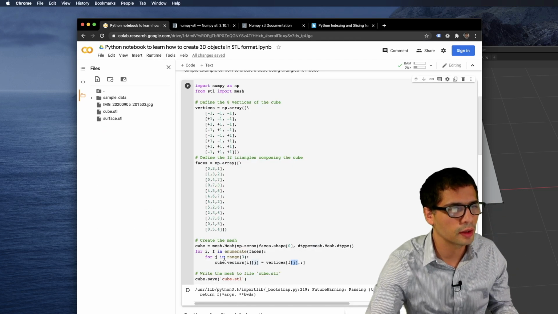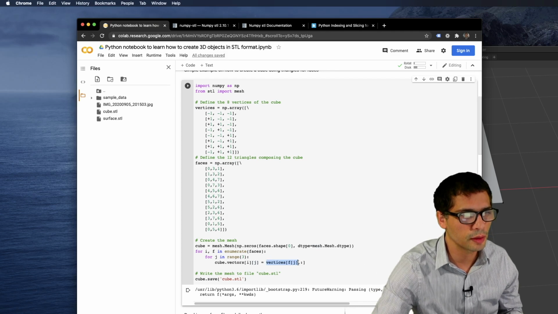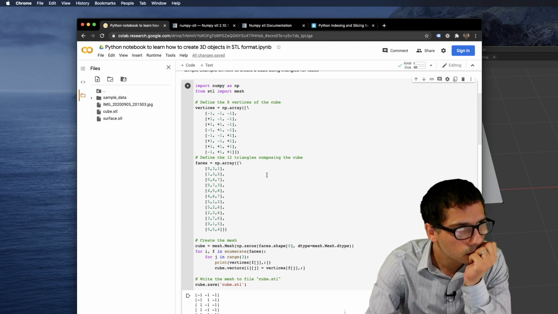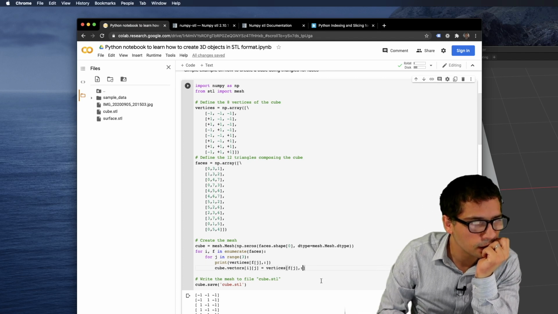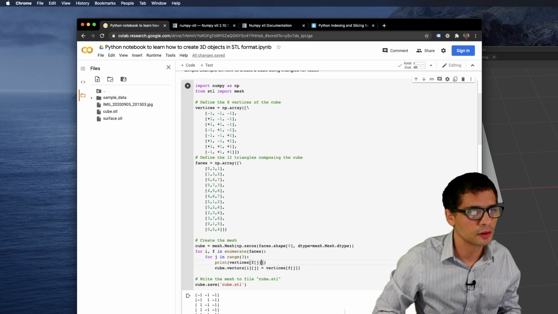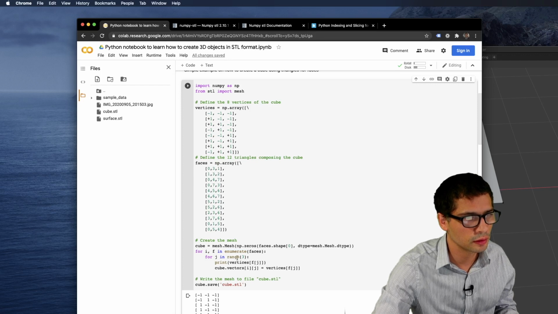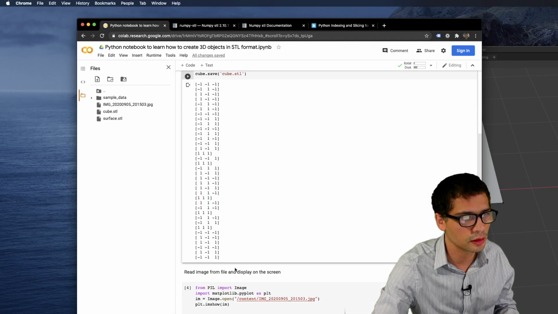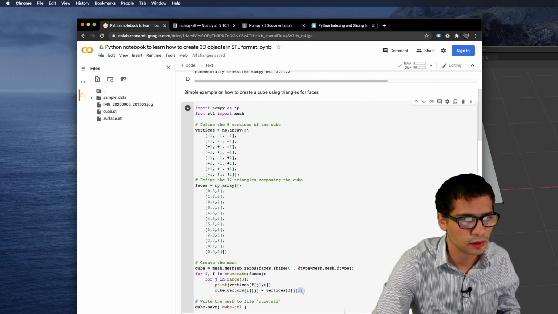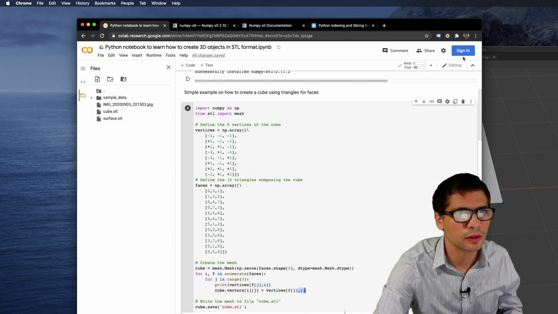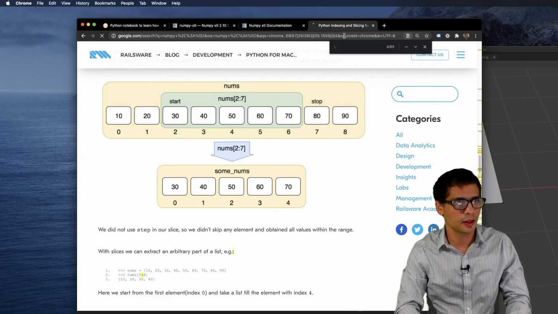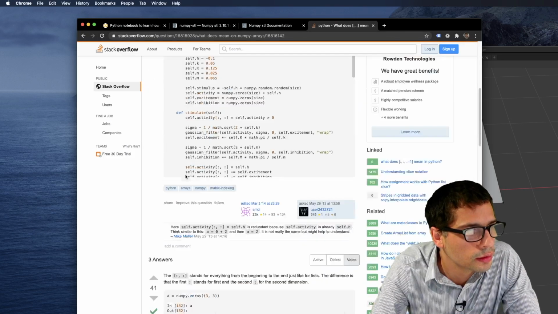I'm not sure why there's a comma. Maybe I'll print it out. Why does it need this anyway? Why can't I just do this? Maybe you can. Oh, I don't know if this adds anything. Let's see what it means. Never seen that. Okay.